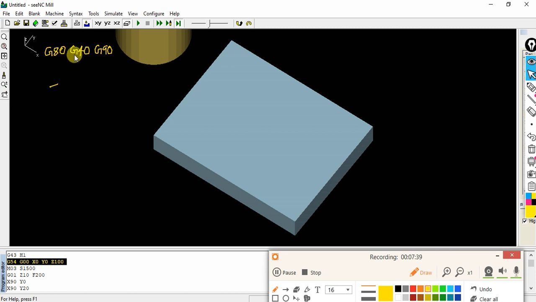G40, any compensation, whether towards the left or right, has to be removed. G90, make sure you use the absolute command, followed by G28. G28 is nothing but the automatic zero return.